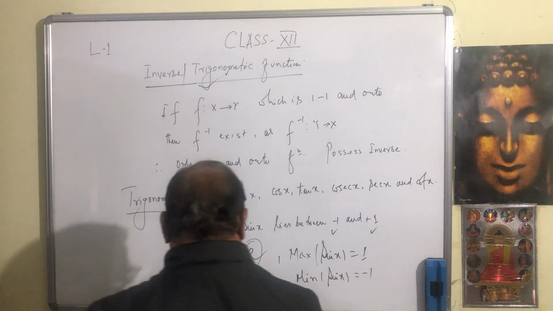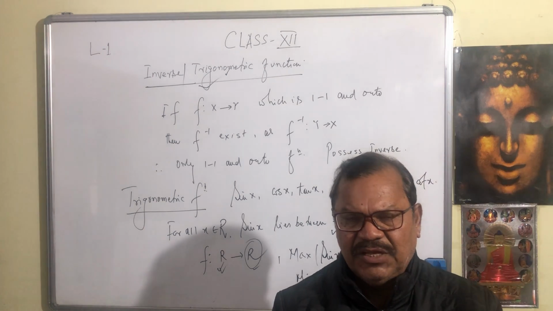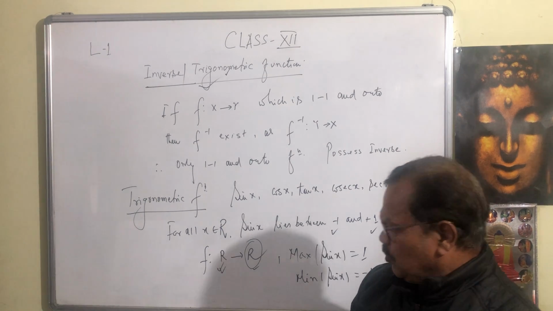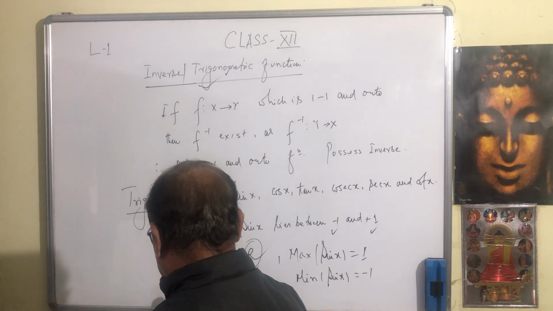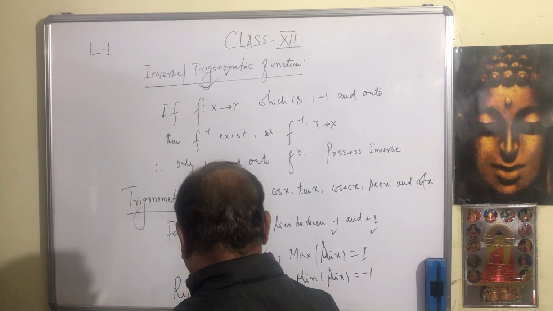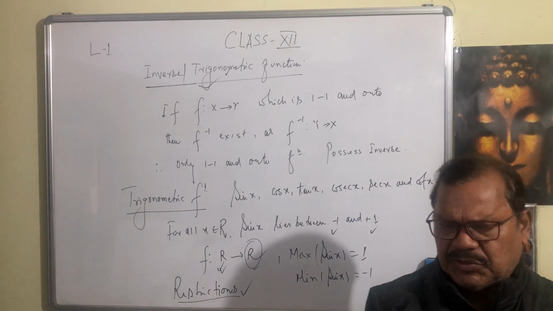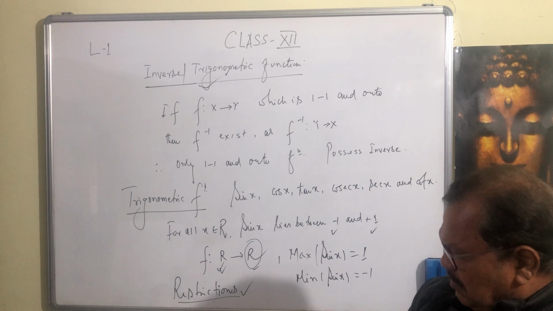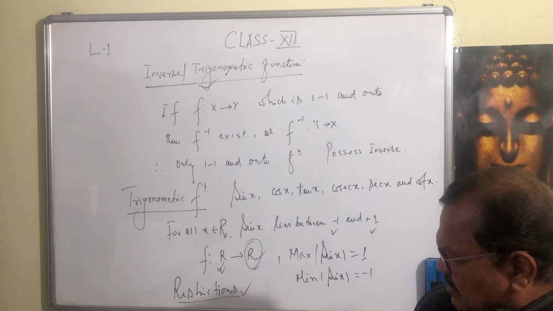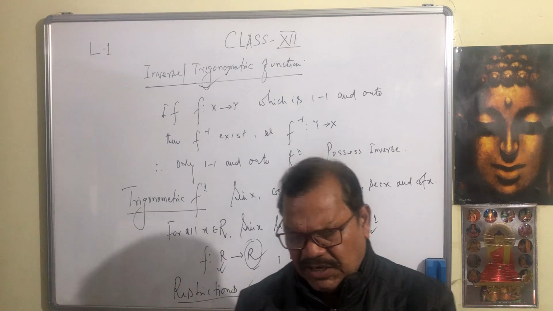Therefore, since the function is not 1-1, we have to make certain restrictions in this function so that we can find the inverse. So the word I have used, restrictions. We shall make some restrictions in these functions, sin x, cos x, tan x. Other functions also have the same condition. So we shall see these functions, their domain and range in the next lecture.